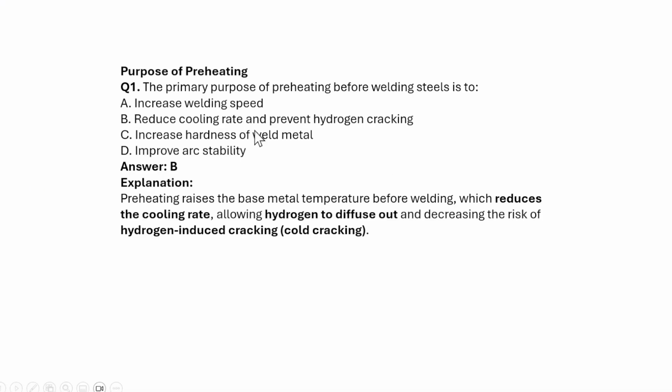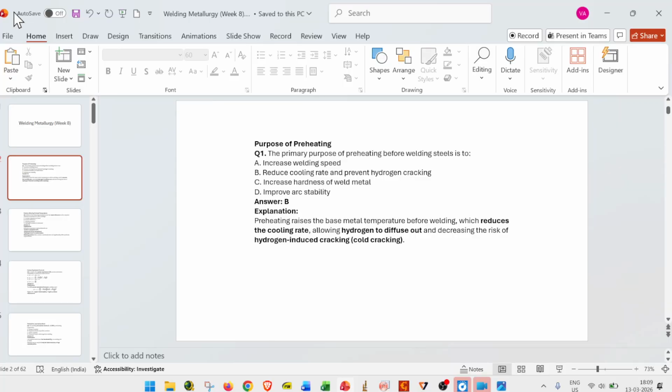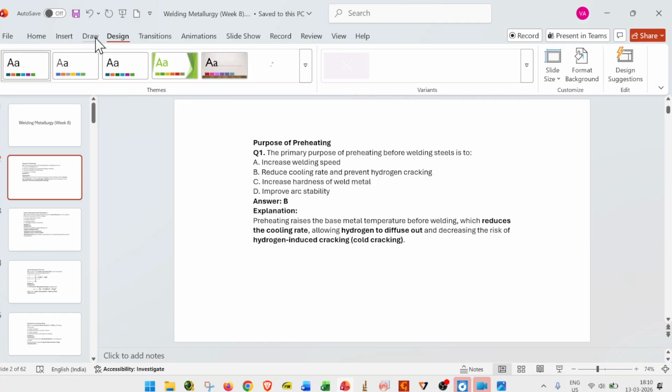So the first one is, what is the primary purpose of preheating before the welding of steel? The options are to increase the weld speed, to reduce the cooling rate, prevent hydrogen cracking, increase the hardness in the weld metal, and improve the arc stability. So the answer is reducing the cooling rate. How it reduces is that,